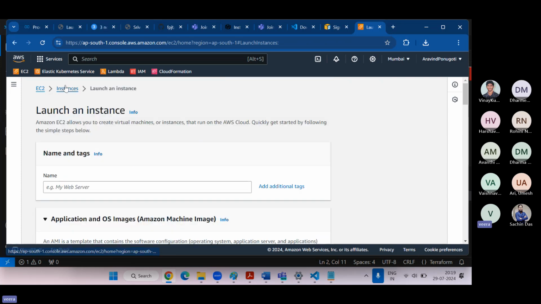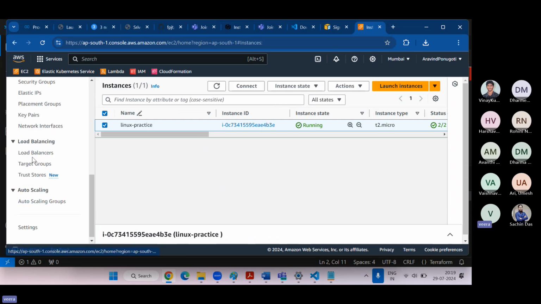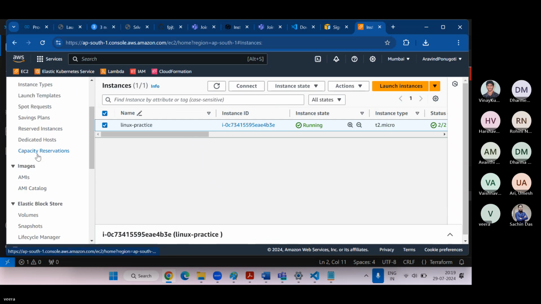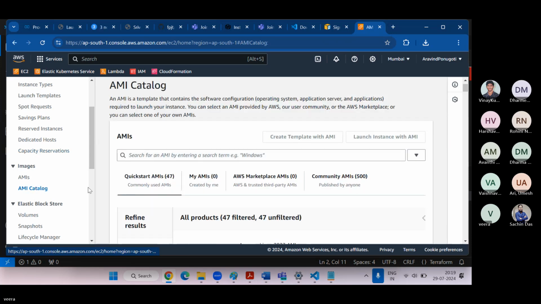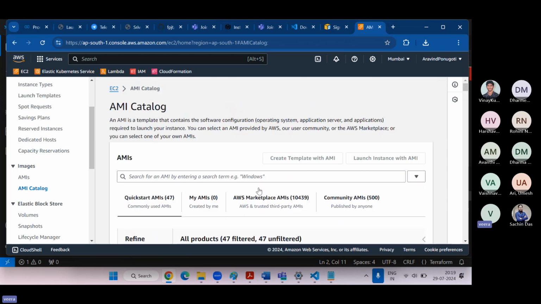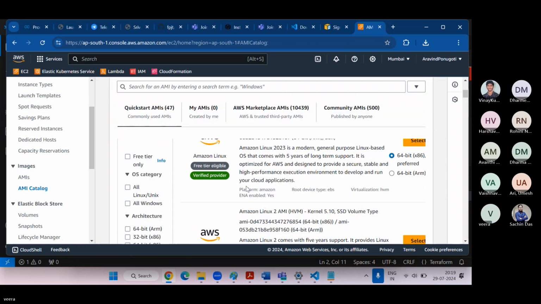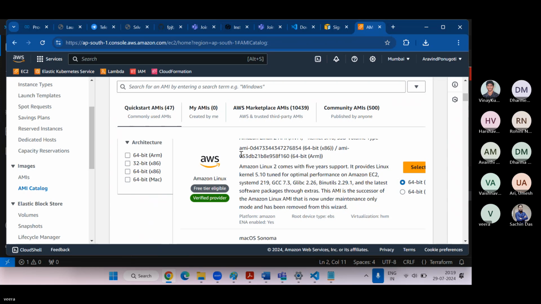Let me go to AMI catalogs. So for Amazon Linux, you can take the Amazon Linux AMI ID here, like this.